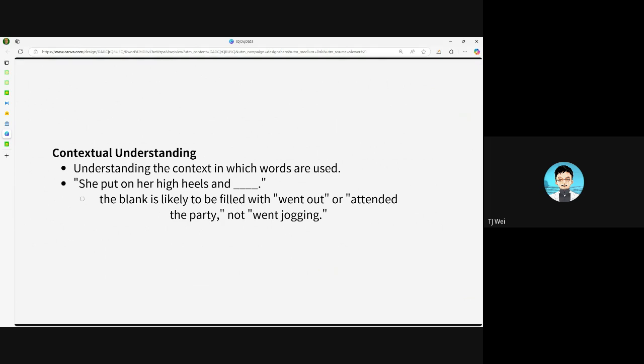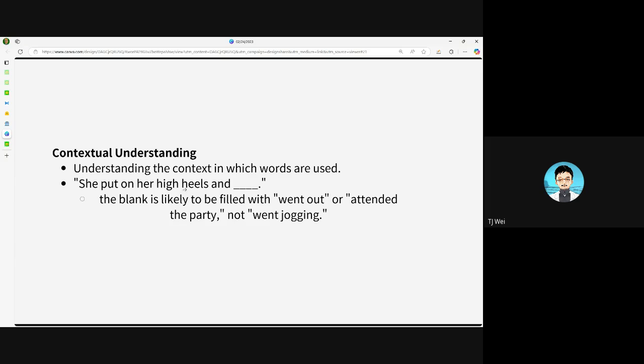So let's investigate what kind of things a GPT-like, autoregressive model can learn. First, it can learn contextual understanding, which means it can understand the context in which the words are used. For example, if a GPT model wishes to finish this sentence, like "she put on her high heels and something," it would be very helpful if the model can understand